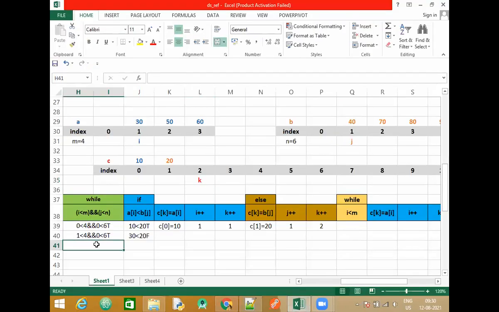Check for the condition: I, 1 less than 4 and 1 less than 6. If condition: if A of I, what is the value of A of I? 30 is less than.